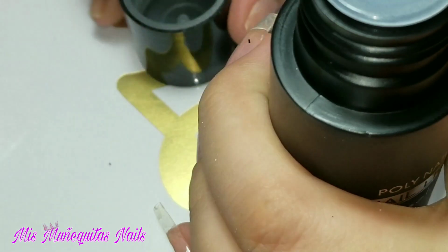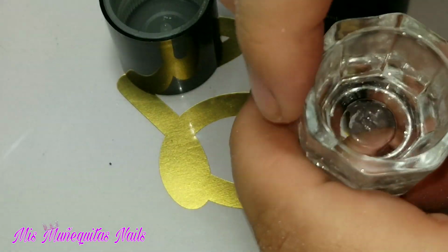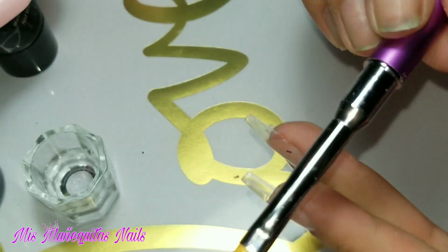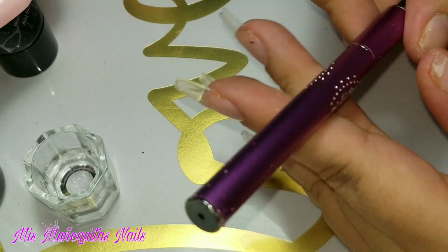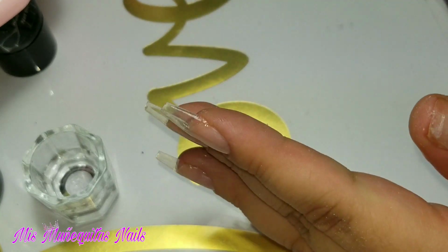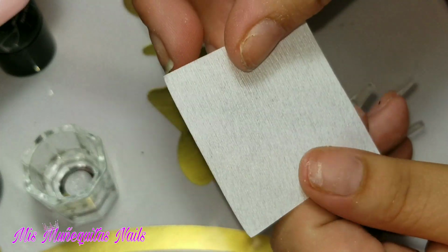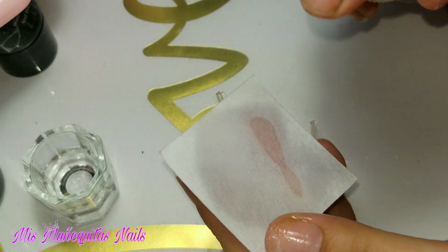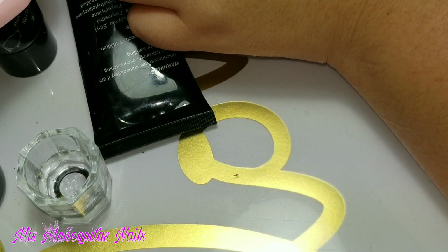So here I am adding the solution to the little dappen dish. I add very little. You do not need to use a lot of this. It's like minimal. One of those bottles will last you forever. And this beautiful brush I got at the workshop along with the slip solution. I love it. The brush is so good. I love the way this one works. It's my new favorite polygel brush. I love it so much. So here to start with,